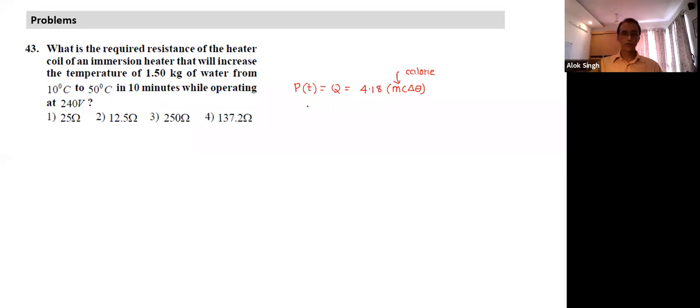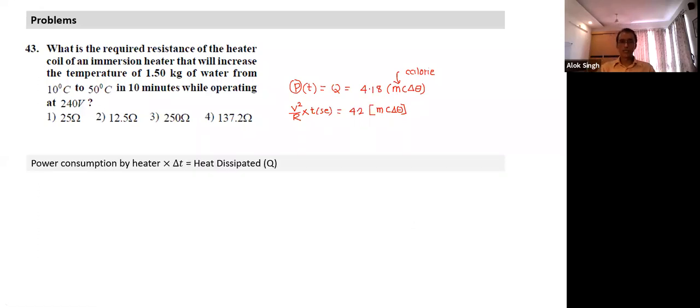If you recall this equation, the only thing that happened here is that now we have to find the resistance. When you have to find the resistance, in place of P we'll substitute V square by R into time in seconds, equal to, I think we'll take 4.2, not 4.8. Let's put this value in the equation. That's the condition, and that's what you need to formulate the equation.